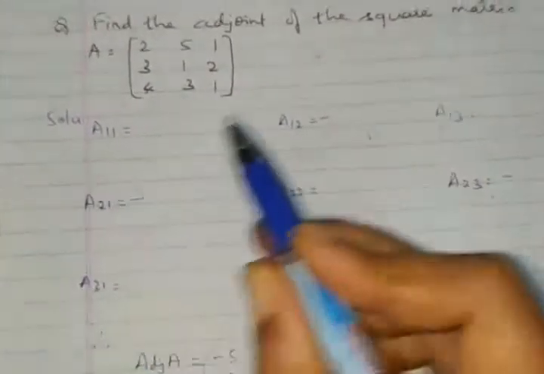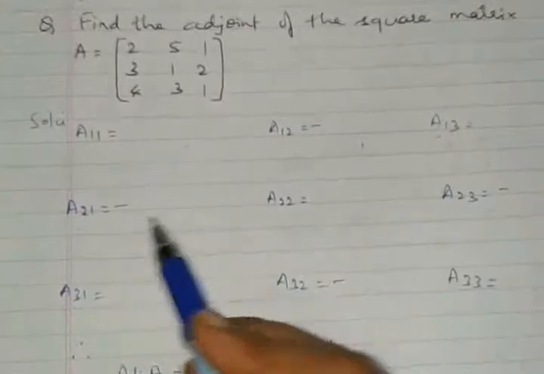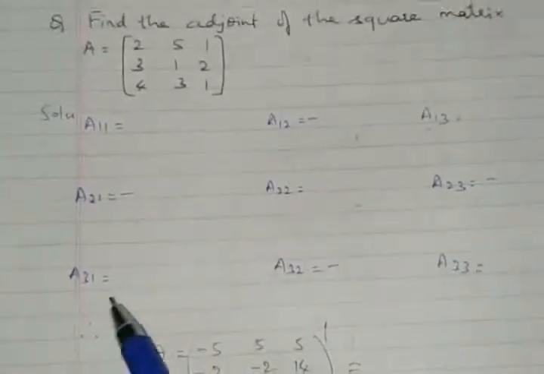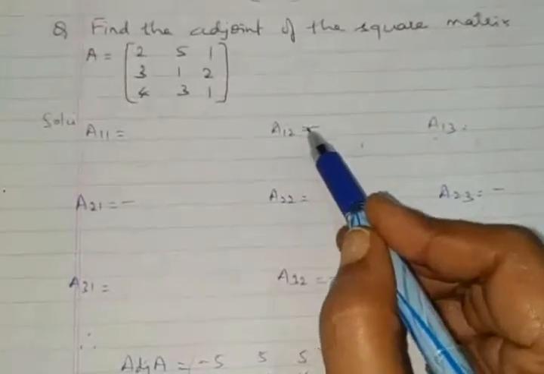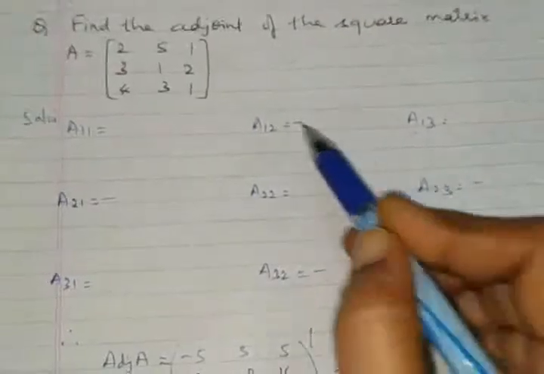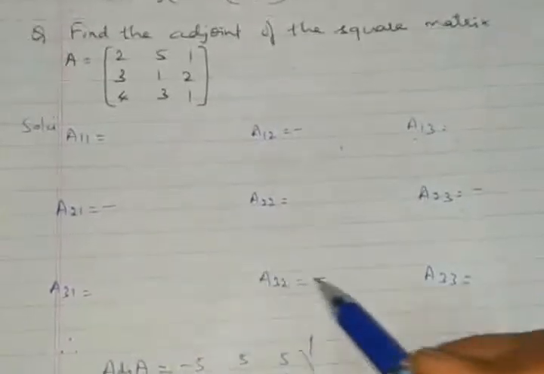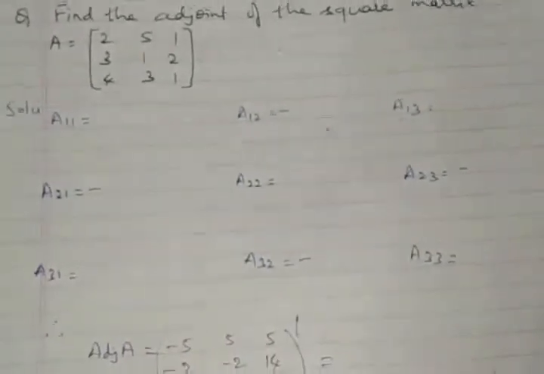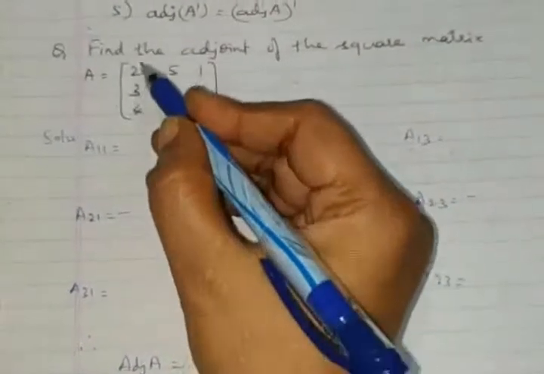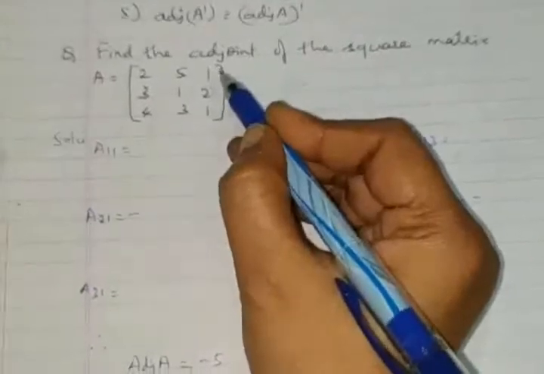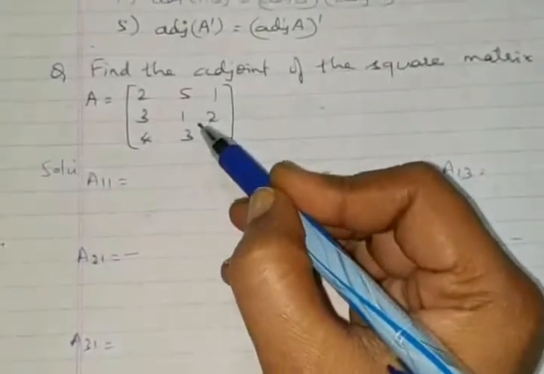You prepare a chart. For the first row, A11, A12, A13, A21, A22, A23, A31, A32, A33, and you will be proceeding with the sign rule. Plus, minus, plus, minus, only these 4 elements get the minus sign, you keep that in mind. Okay, fine. So once you have prepared this, now you can go for A11. You have to close the corresponding column and the row. You consider only these 4 elements, and you go for the determinant of this.